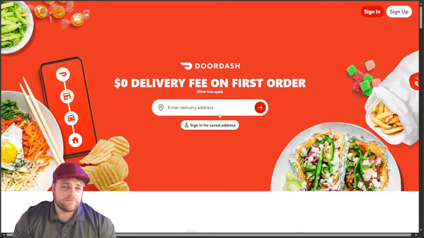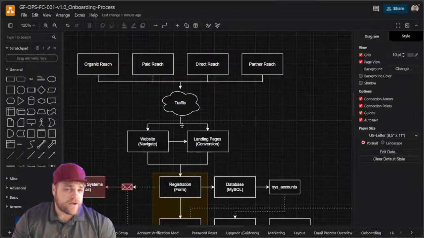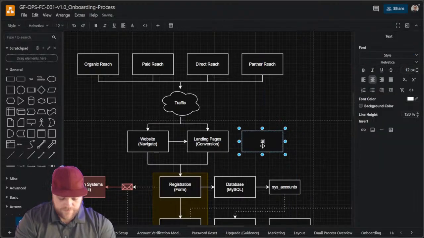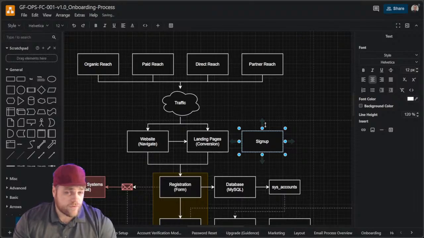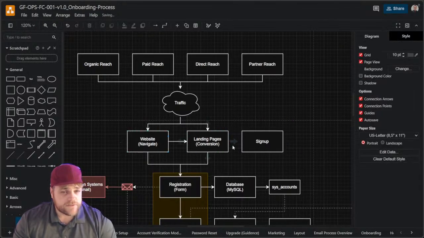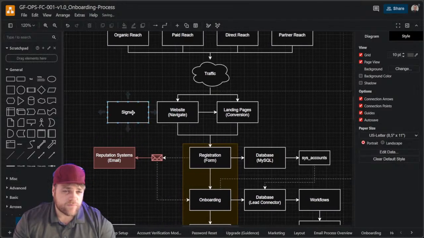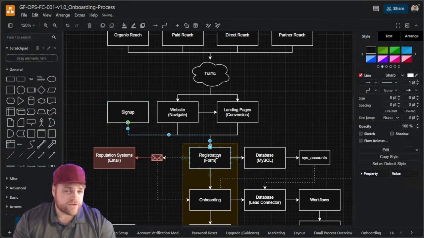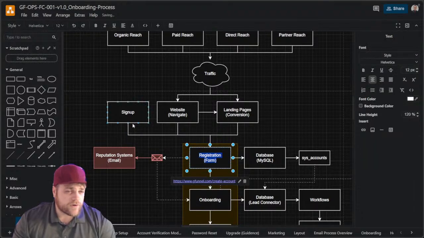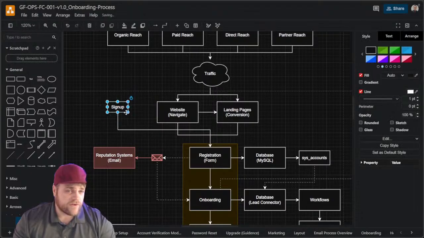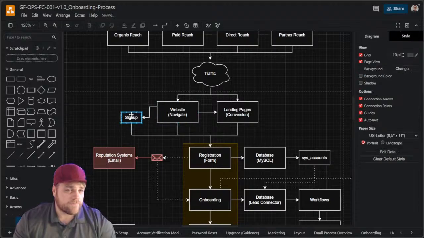Okay. So, why not do the same thing? The first thing, traffic comes in, there's a landing page, right? And they have their sign up. That was so quick, right? So we'll just do this on the website. Quick sign up, creates an account, creates the profile, right? And then we'll have our registration. Registration, we can call this onboarding, we can call this whatever the case is, right? But they have this quick, and I'm going to make it a little smaller so it's like that. They have this quick little pop-up, which is freaking awesome.